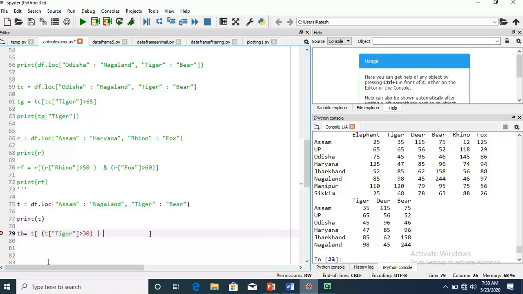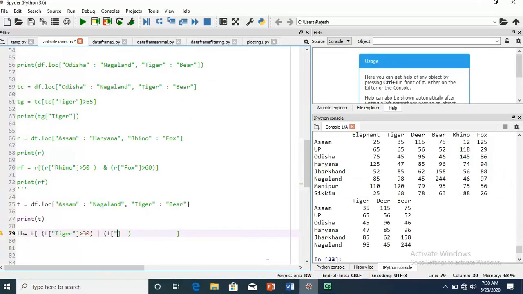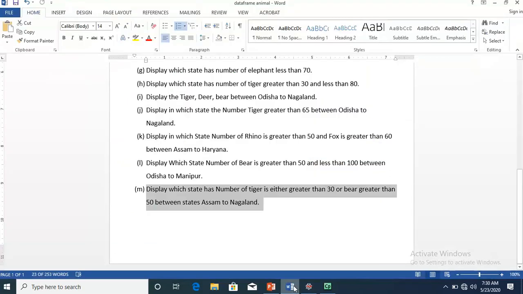Then again I will use the parenthesis, and here I will use t, and then double quotes, and the next animal I have to access, deer, where deer is less than 50.